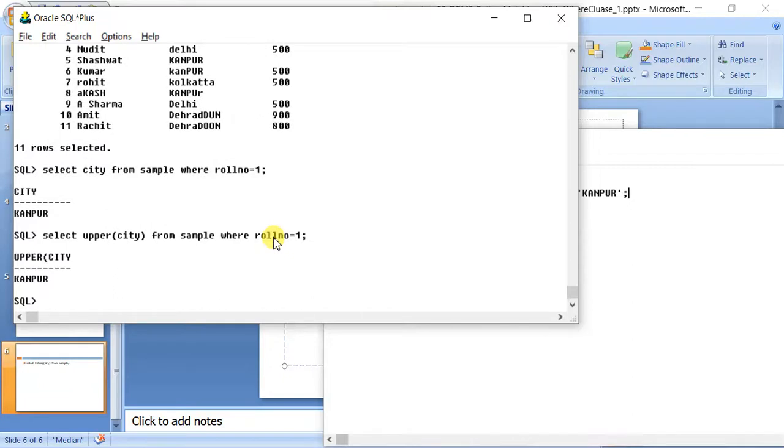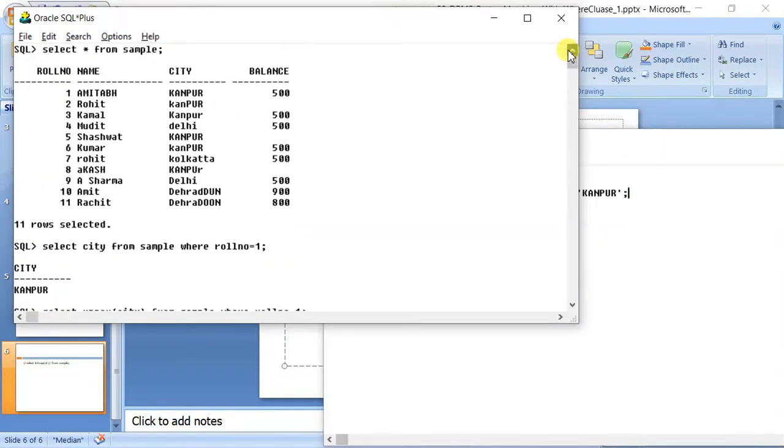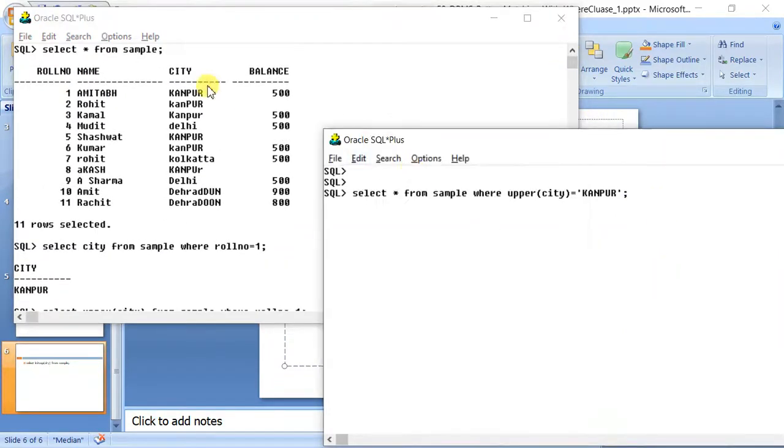No, it would be the same. This column heading is different, we will cover that in another video, but the output value is the same in both cases. So that doesn't matter. This upper Kanpur will be converted into upper and matched with the upper value. So both are true, so this will be displayed.